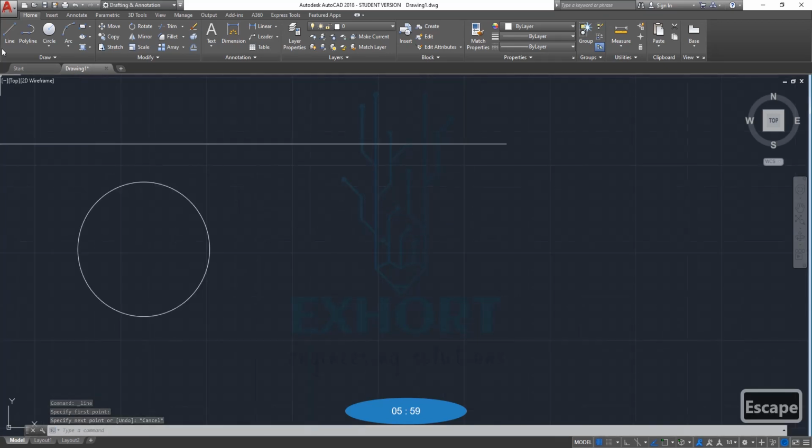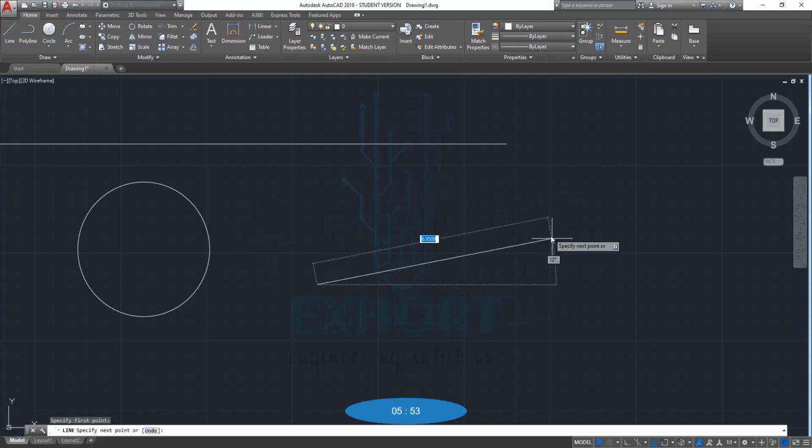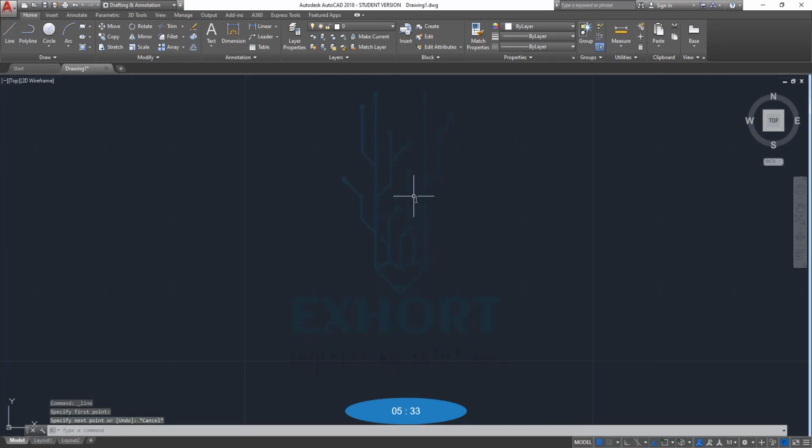Also, if I have to draw a line and it goes anywhere, and we want to draw only vertical and horizontal, we will see how to draw it. To do all these settings, we just have to go to the section below. This is the settings panel. First of all we will see how to do the snap and grid settings, meaning how to minimize the distance between this X and Y axis.